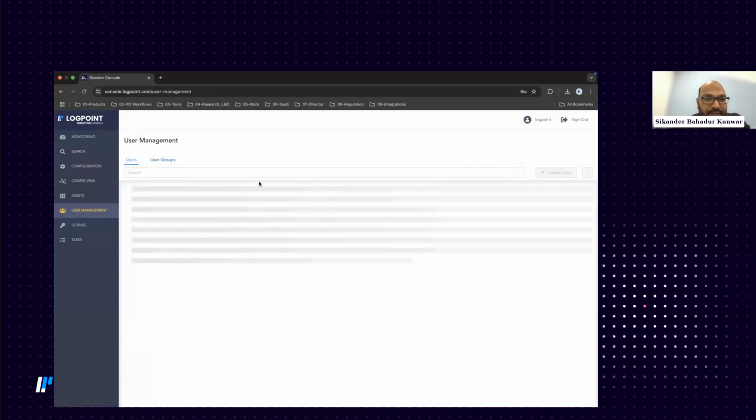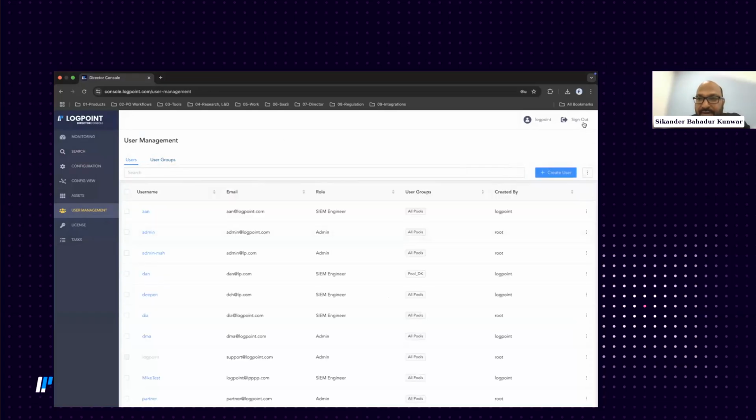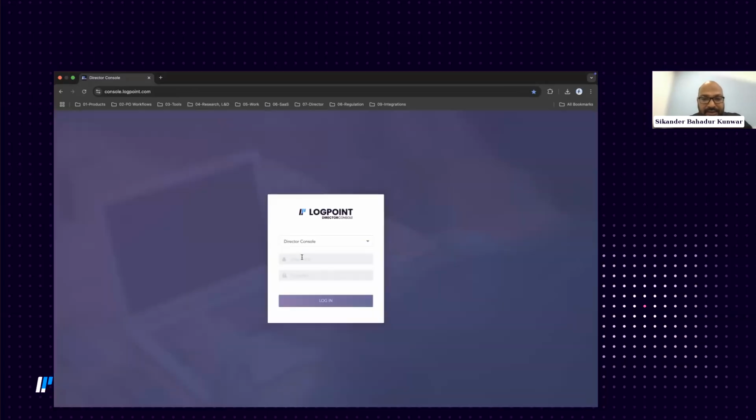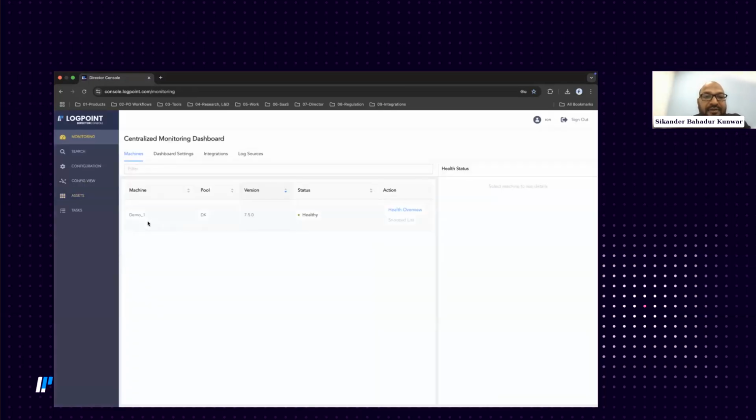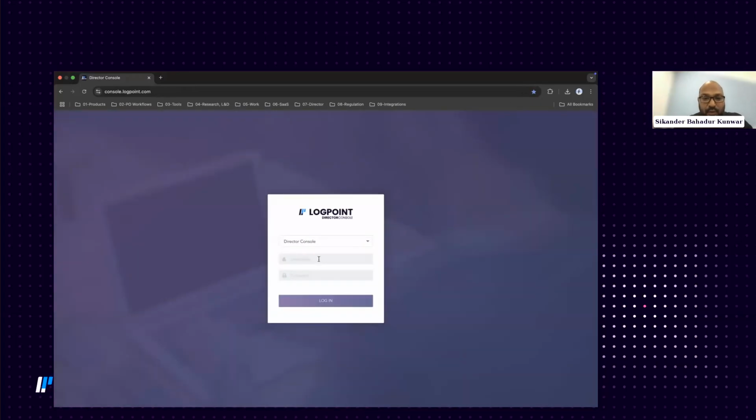And then, when we log in as Ron, the same instance of Director, we have literally restricted the access to one demo machine, and Ron cannot see any other instances. And likewise, if we want to